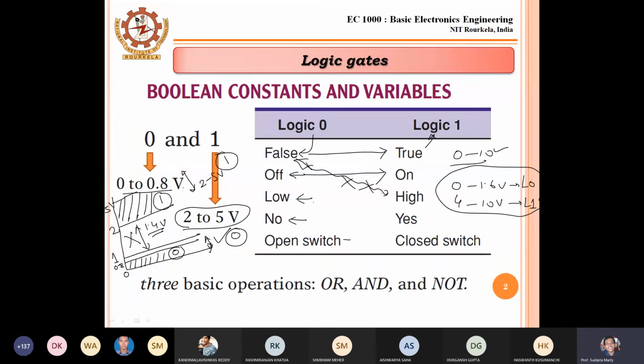When you use low, you have to use high. When you use no, you have to use yes to denote logic 1. If you use 0, you use 1 to denote logic 1. If you use open switch, you use closed switch. So it is a parity.